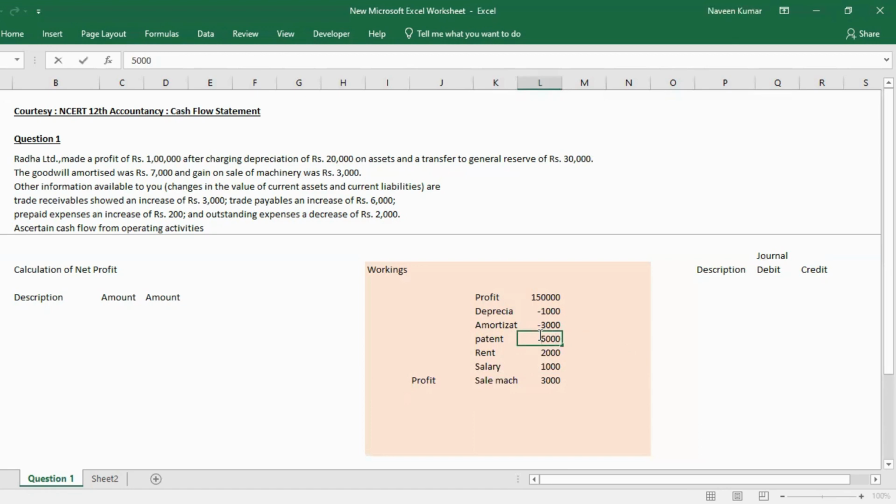These are all negative, means I'm lessening it off, minus 4,000, minus 1,000. This is a profit, right? So after calculating this, your net profit is 1,41,000. But this is okay when you're having a P&L statement, when you're submitting a financial statement. But for calculating the cash flow statement,